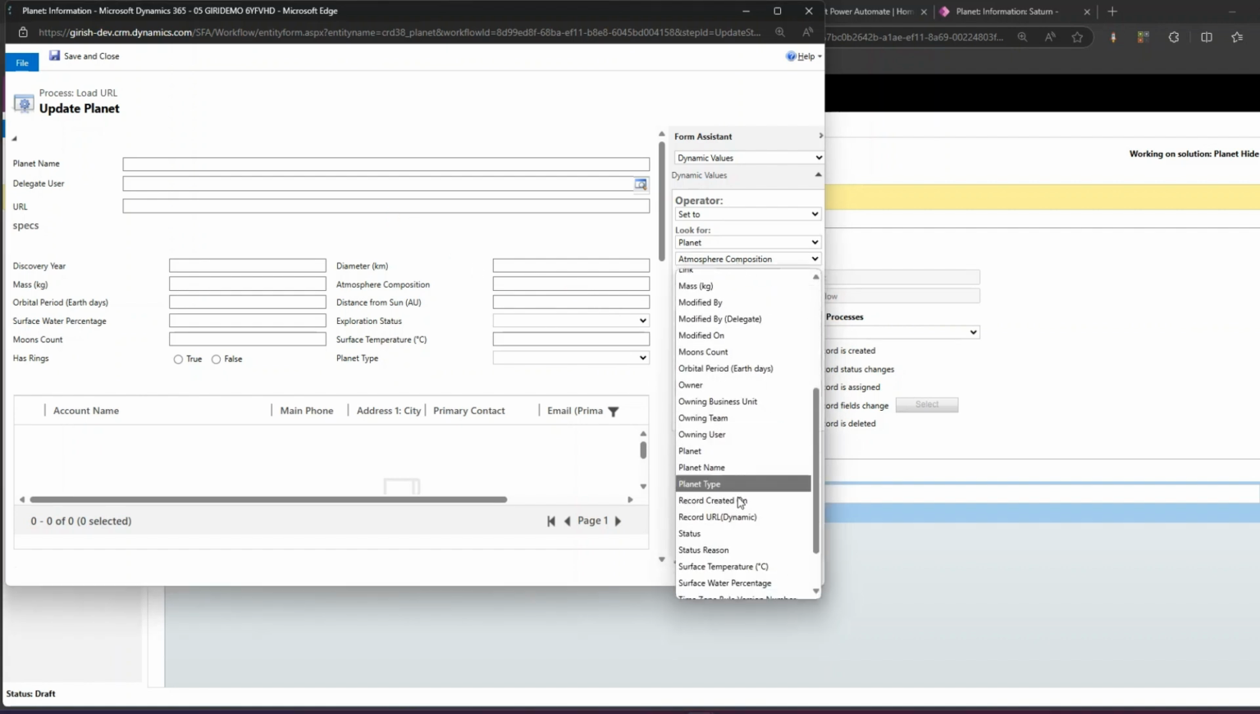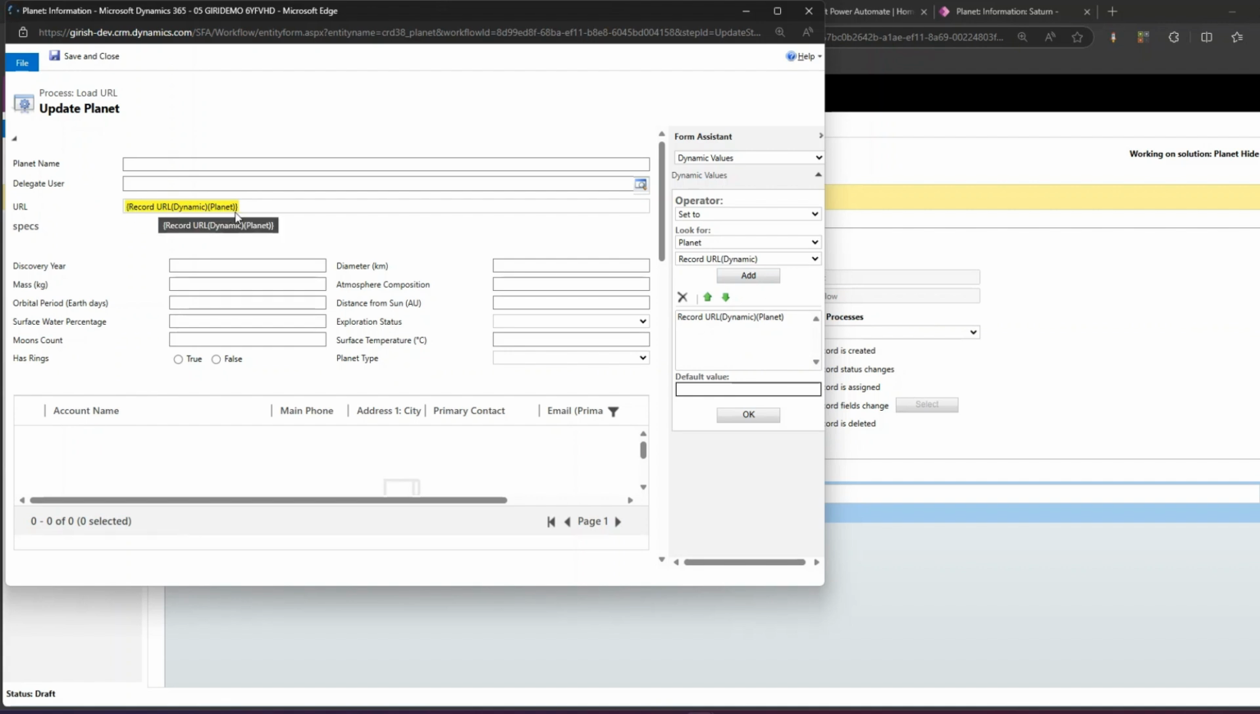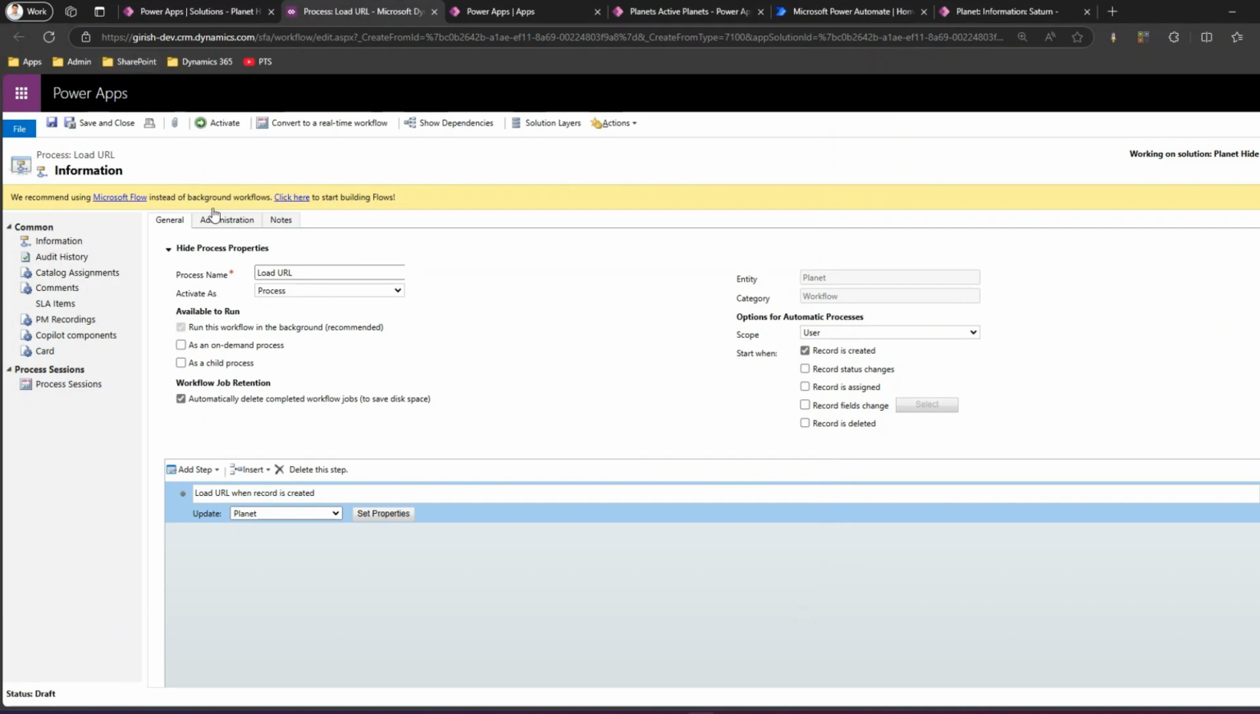Okay, so let me select this and click on record URL dynamic, and you select this particular field, click on add, and you just say okay. And once you do click on okay, here record URL dynamic of that specific table will get populated. Now once you're done with it, click on save and close, and